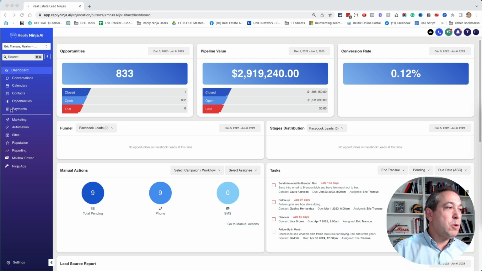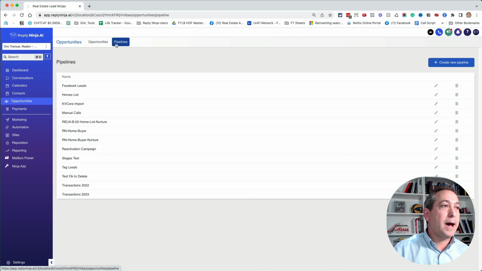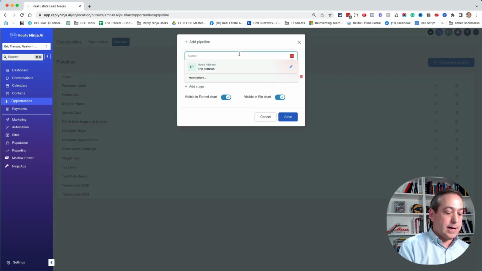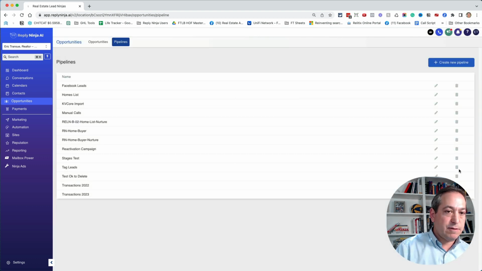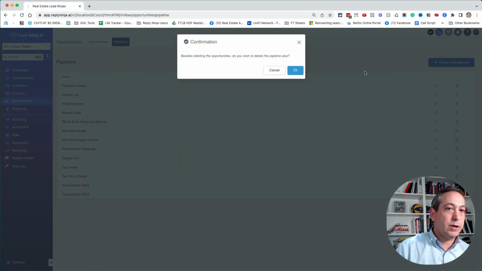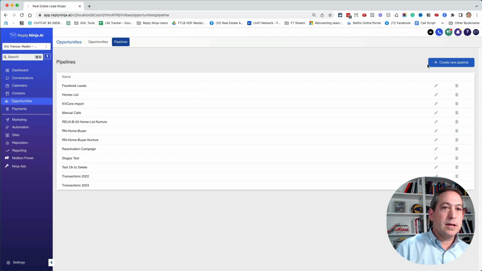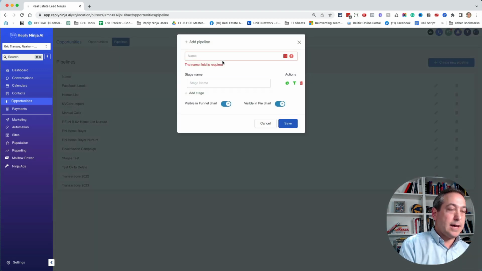So the first thing we want to do is create a pipeline. I'm going to show you and kind of tie this all together, so bear with me. We're going to start off with opportunities here, and then we're going to create a pipeline. The pipeline right here is going to be tag leads. Actually, I already have one named that, so let me delete this real quick because I have a test in here of this, and then we can recreate it. So I'm going to create a new pipeline called tag leads,